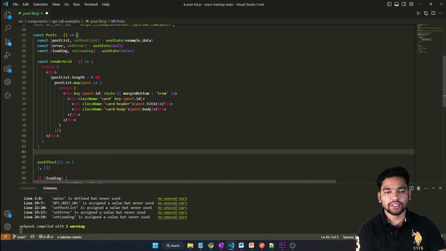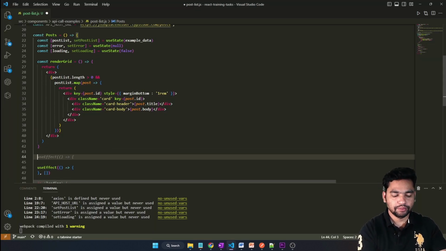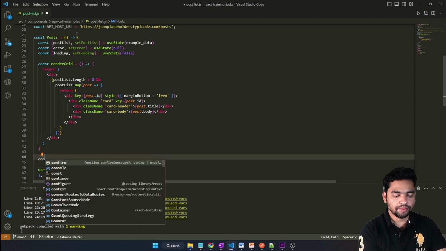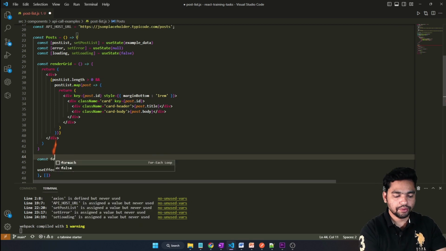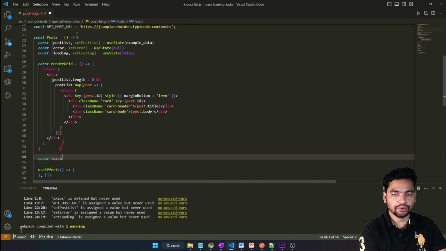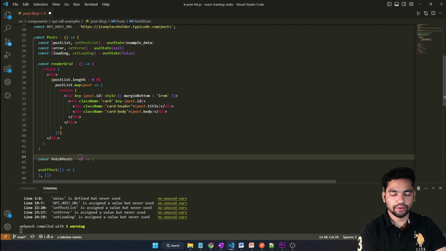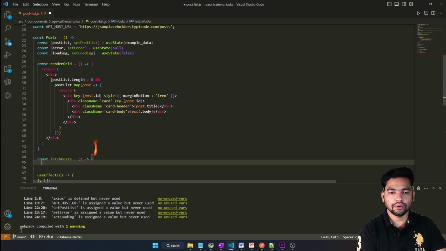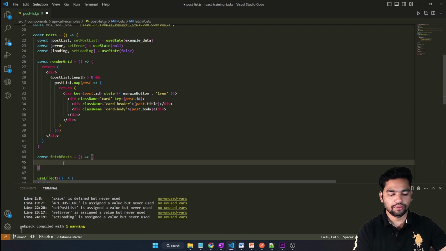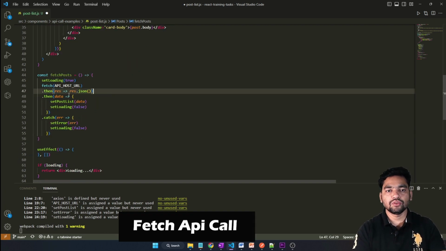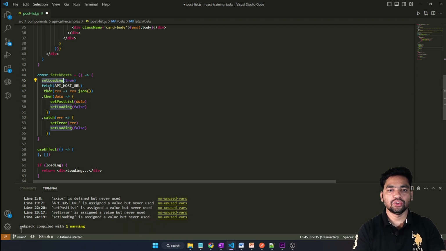So let me create a function called fetchPost. In this function, what I'm doing is setting the loader as true, and I'm making an API call using fetch